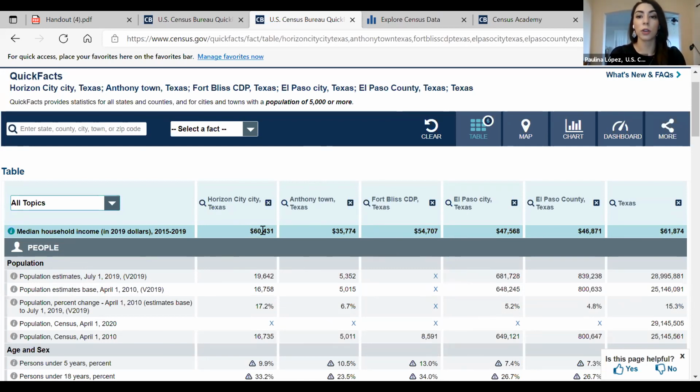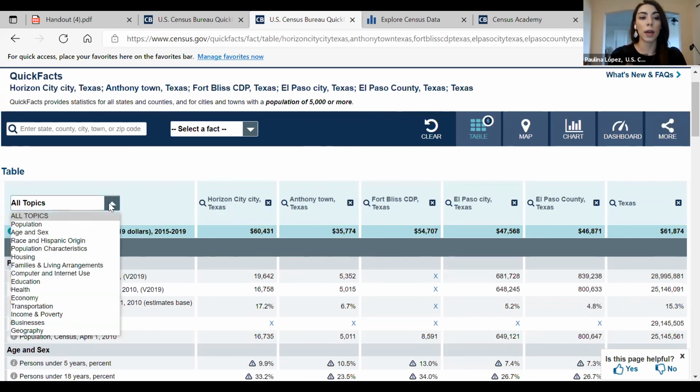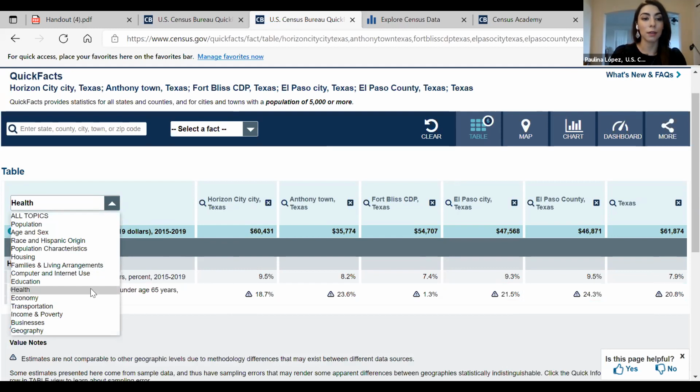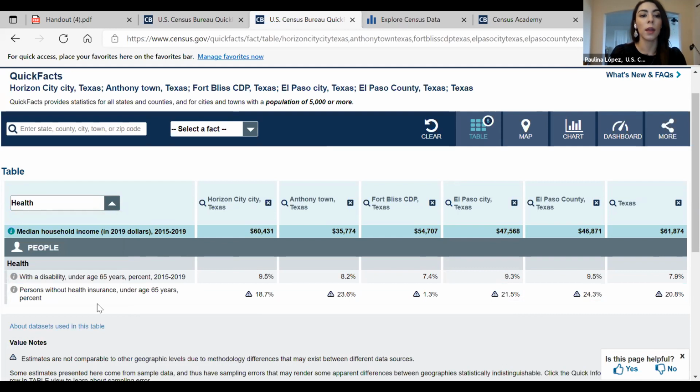And you can also, if you want to isolate one concept, let's say health, you can select the drop down and click on the topic that you're working with, and it produces the data table on that specific topic.